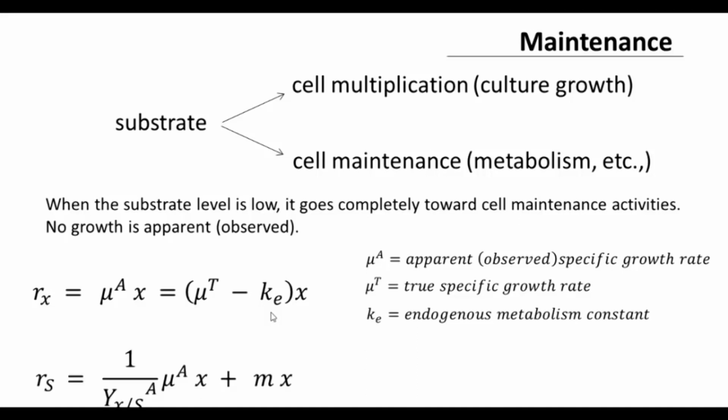And using the yield coefficient, Rs, the substrate consumption rate, is 1 by Yxs apparent, the apparent yield, times the apparent specific growth rate times the cell concentration, plus m times the cell concentration, where m is the specific maintenance rate. I think this is a nice place to close this particular lecture. We did see quite a lot of concepts. Very briefly,